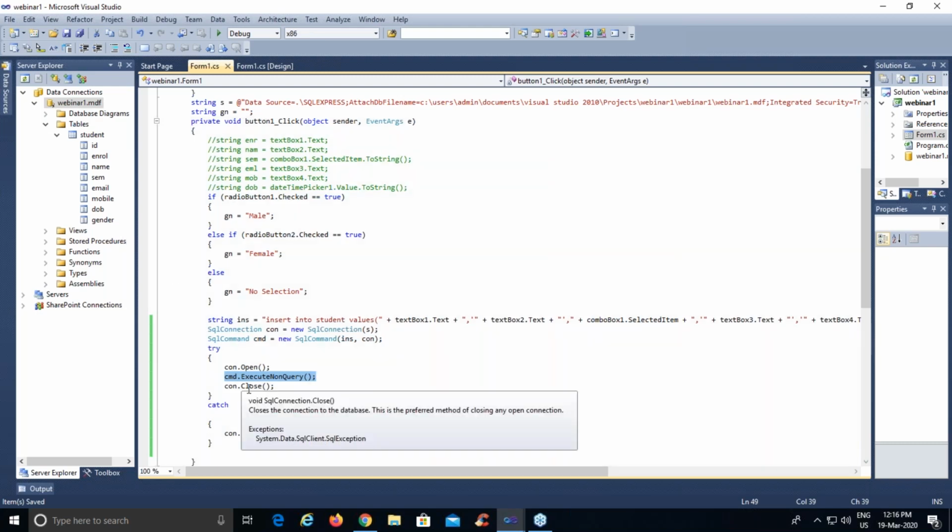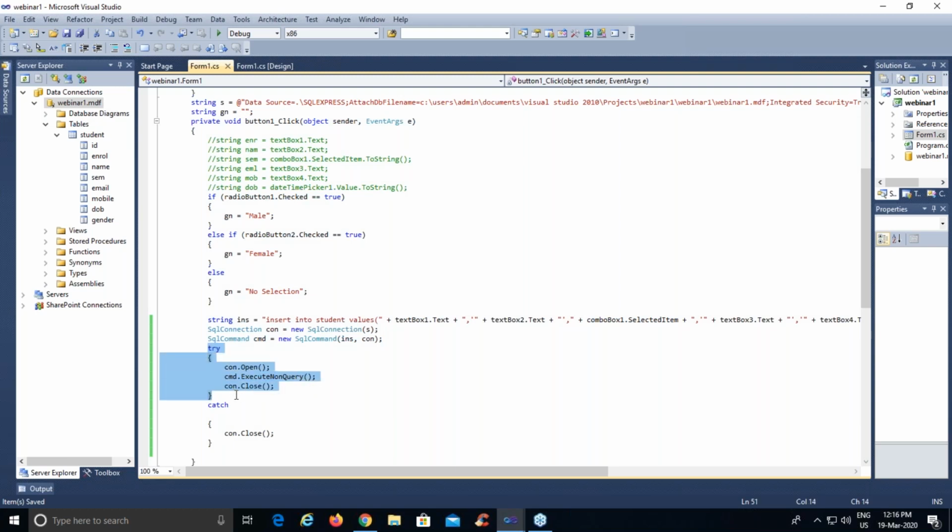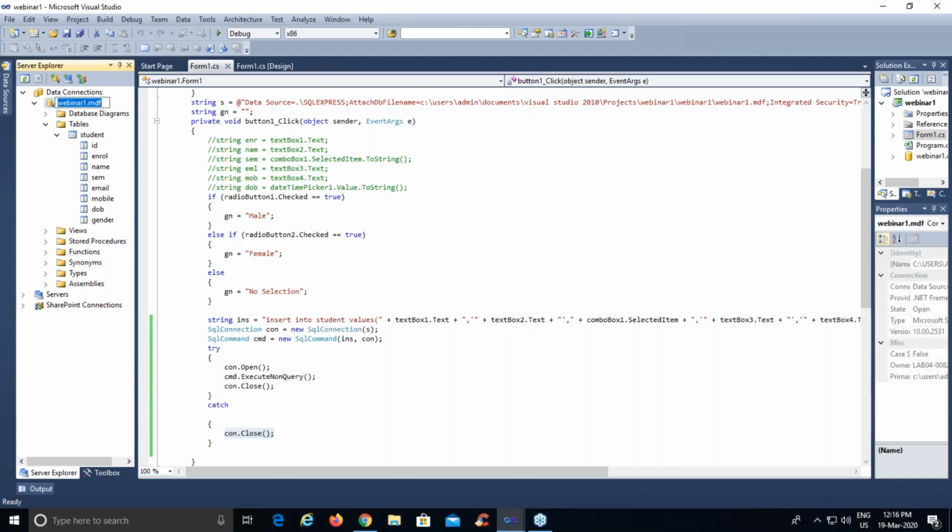So to prevent the overload on your particular database, what we have done, we are trying to execute this query. If this particular query has some errors, it will directly move on to the catch part, and in the catch part, the connection will be terminated automatically. So it will reduce the load from the database or the server where you hosted this application. So that is the better part and a safe side to use this particular option.